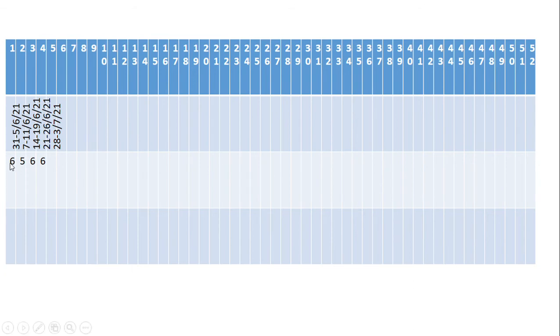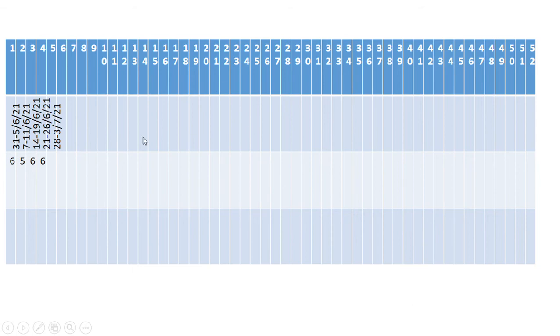If you are giving 7 days and it is 7 hours per day, you can write 6 into 7, and you will get 42 hours in a week. If it is 5, that means 5 into 7, you will get 35 hours per week. So this is the way you have to write.